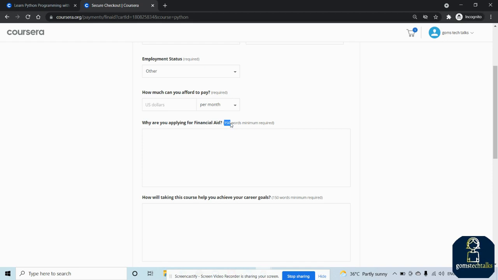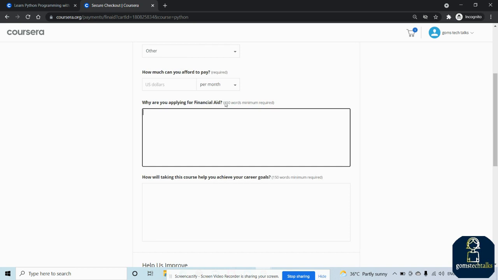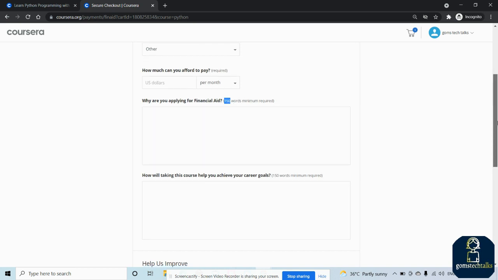Or if you're a student, you can write: I am a student and I cannot pay as of now, and since I'm very eager to learn this topic, like Python, which is very basic for every domain, I just want to learn it from Coursera. Like that, you can tell why exactly you want to apply for this financial aid. It should be at least 150 words, or else you cannot proceed with the application.